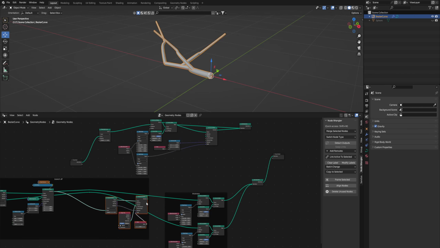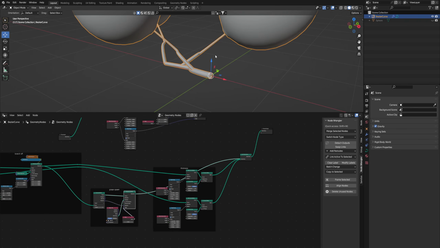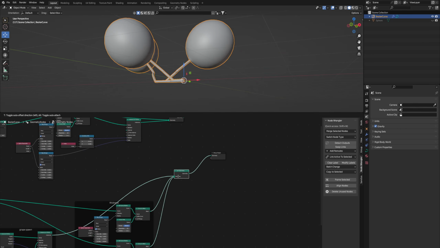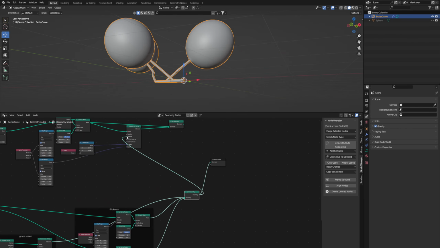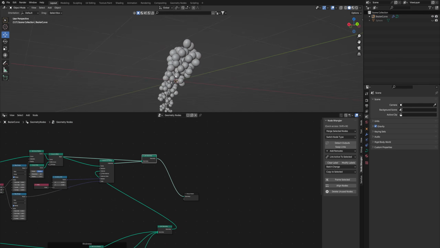I'm just going to also take all these and press Alt P. That's going to separate them from that group. I'm just going to make a new group for them and name it grape spawn. So we'll take that instance on points and bring it into this join geometry. So now you can see them growing out of those. And affect these values a bit more to make it a bit more realistic. So now I'm going to take this join geometry and plug it into the instances up here, and we can view this top join geometry that shows us all the grapes.